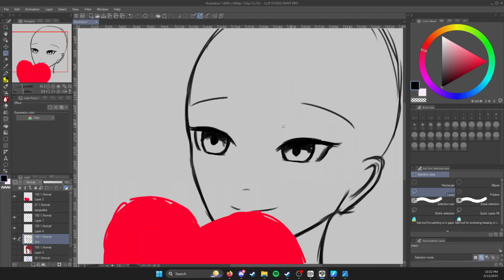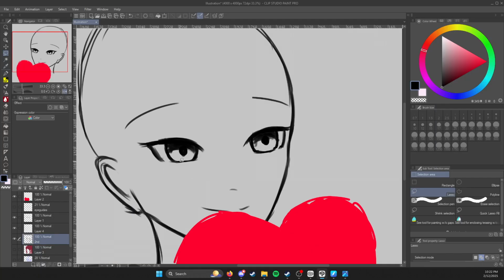I like this eye more compared to the other one. So if we're going to make changes, it would be to this one. Make sure we're flipping constantly. Let's actually grab it from this middle point here. So when we move it up,